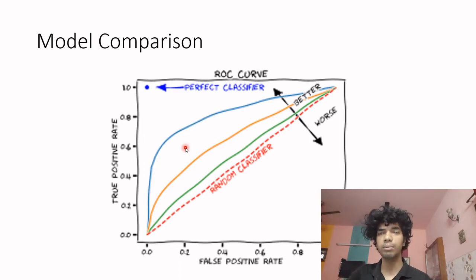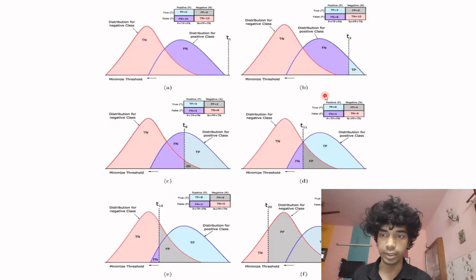So you try to include all the possible values. That is what thresholding is, and that is how you obtain a ROC curve. Comparing ROC curves is a different thing, but how do you obtain one? These are different threshold values. So which threshold value to pick depends upon your use case.